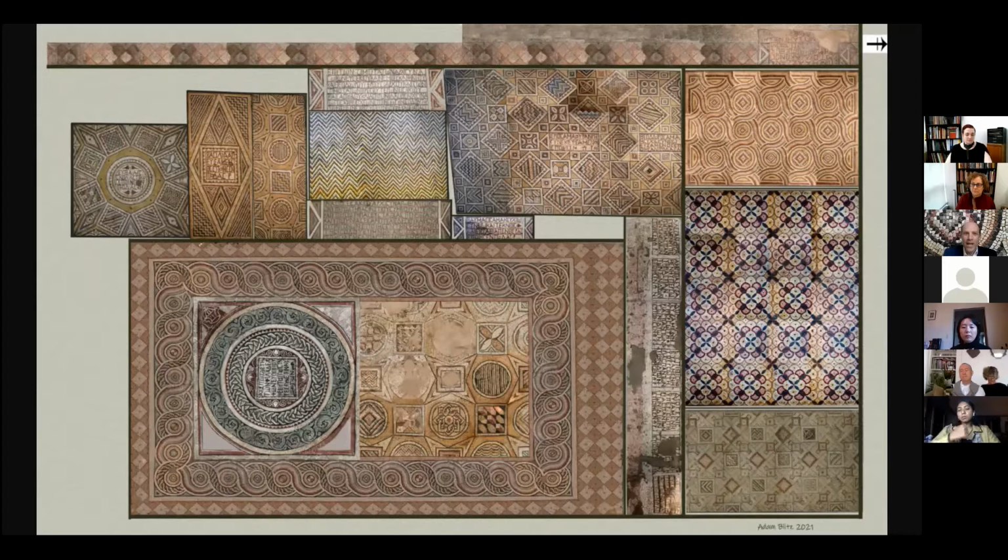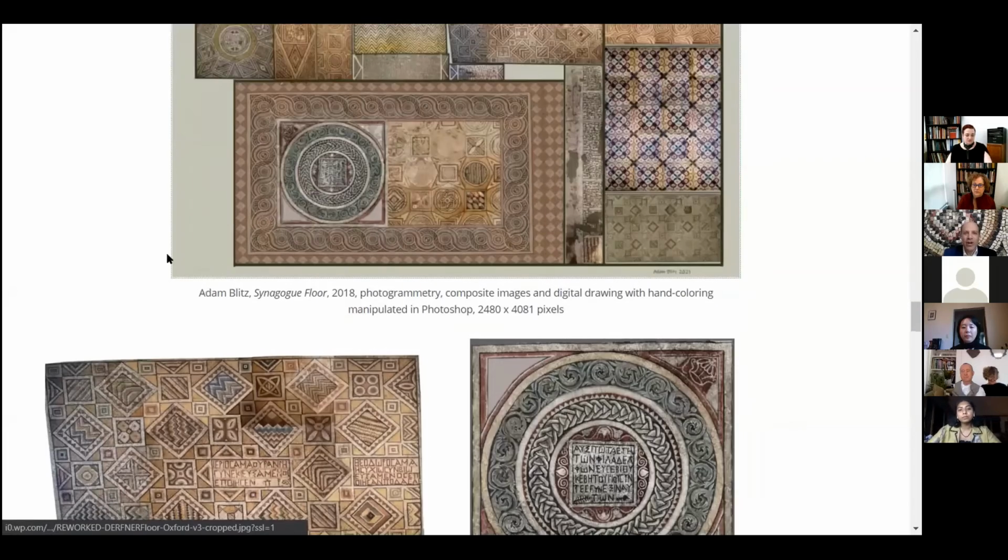So today, all we have are a handful of black and white photographs, and some, but not all, of the fragments from the site. And the fragments are 4,000 kilometers apart from each other. So the thrill for me was trying to put the floor back together again and trying to figure out a